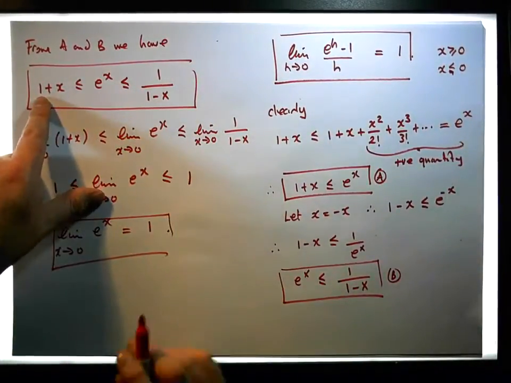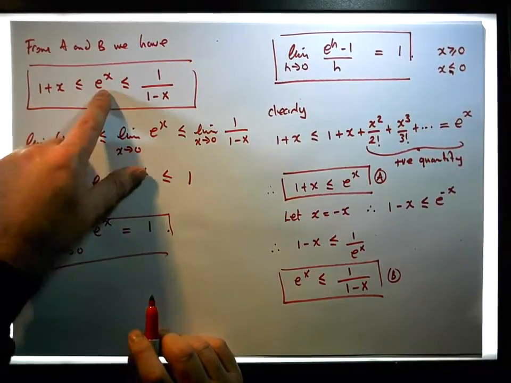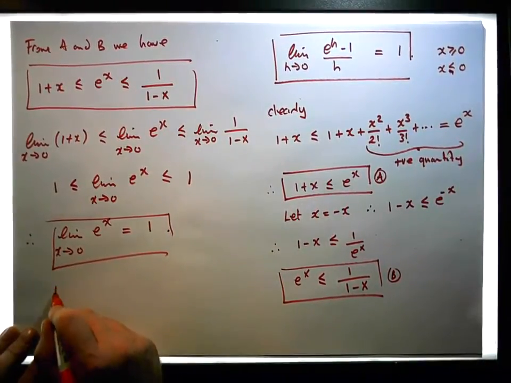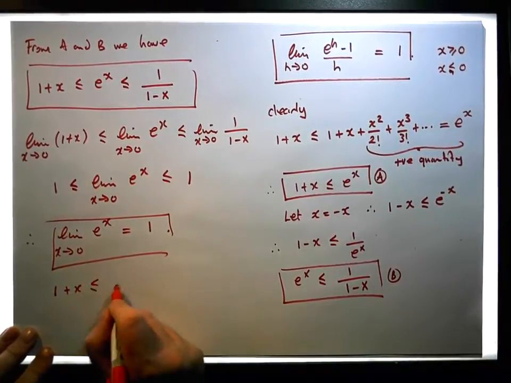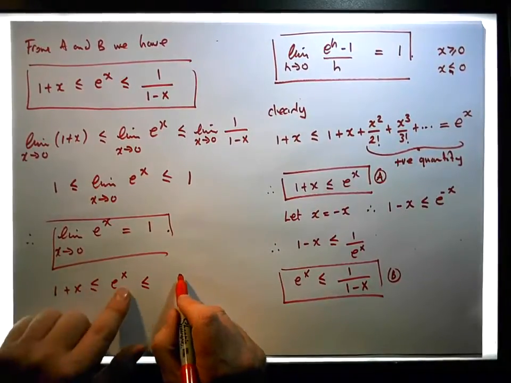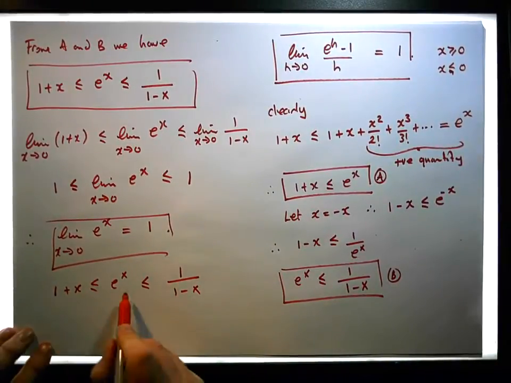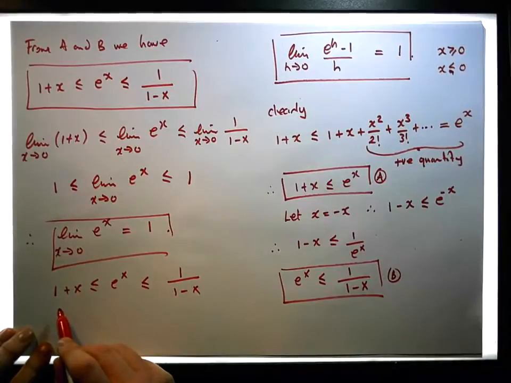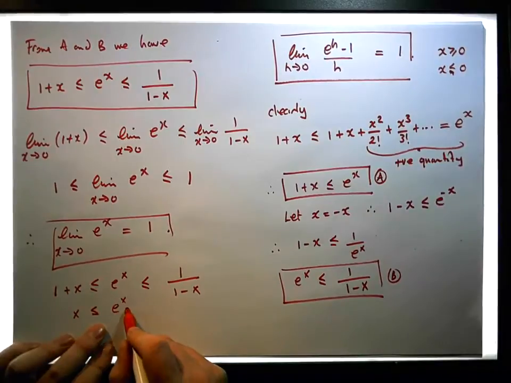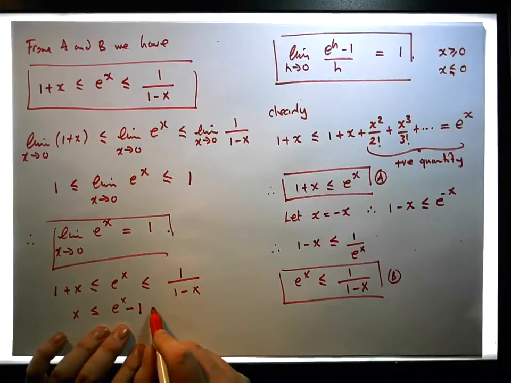Yeah. So you can actually see that if I bring the one across here, let's say that we have 1 plus x is less than or equal to e to the x, which is less than or equal to 1 over 1 minus x. Bring the 1 across. Well, then what we end up with is x is less than or equal to e to the x minus 1, which must be less than or equal to